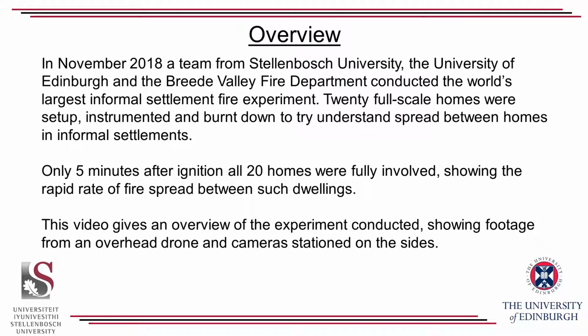In November 2018, a team from Stellenbosch University, the University of Edinburgh and the Breede Valley Fire Department conducted the world's largest informal settlement fire experiment. 20 full-scale homes were set up, instrumented and burned down to try and understand spread between homes in informal settlements. Only 5 minutes after ignition, all 20 homes were fully involved, showing the rapid rate of fire spread between such